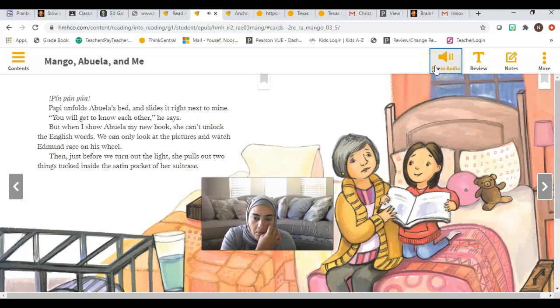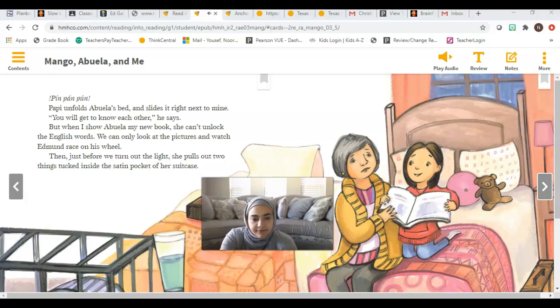Pin, pan, poon. Poppy unfolds Abuela's bed and slides it right next to mine. You will get to know each other, he says. But when I show Abuela my new book, she can't unlock the English words. We can only look at the pictures and watch Edmund race on his wheel. Then, just before we turn out the light, she pulls out two things tucked inside the satin pocket of her